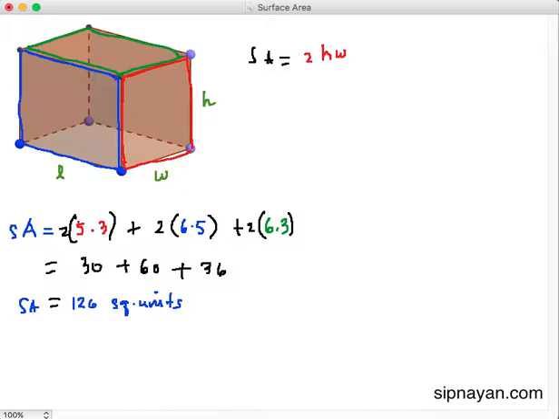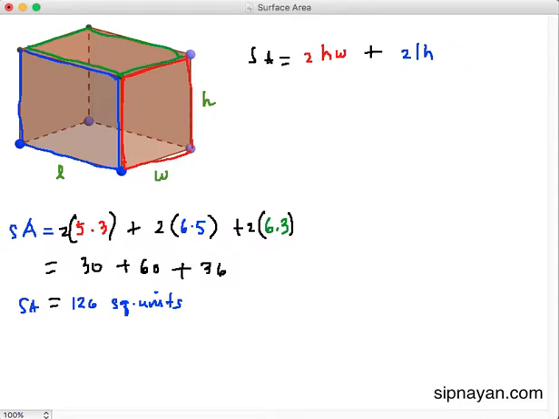Then, what's the area of the blue rectangle? Length times height, di ba? And then times 2. This is the blue. So, length ito, L. Tapos height ito. So, we're getting the area of this rectangle, length times height. Tapos, dalawa siya kasi meron din siya sa likod, no? Meron siya ka-partner din sa likod. So, this is 2 times length times height plus,